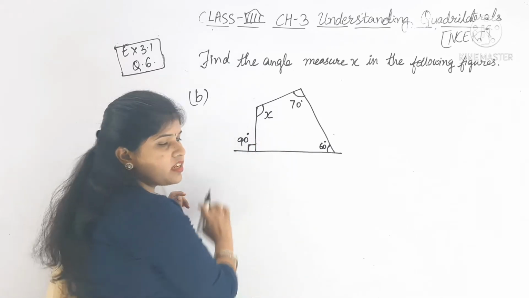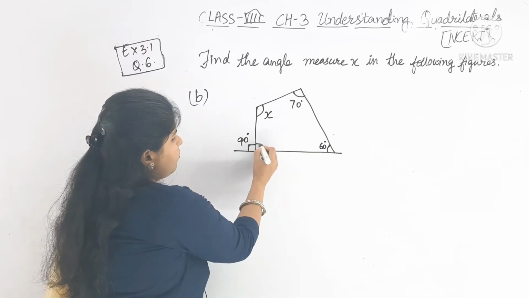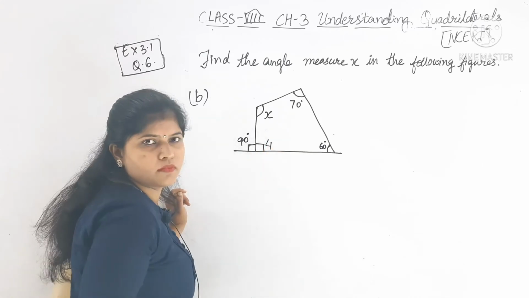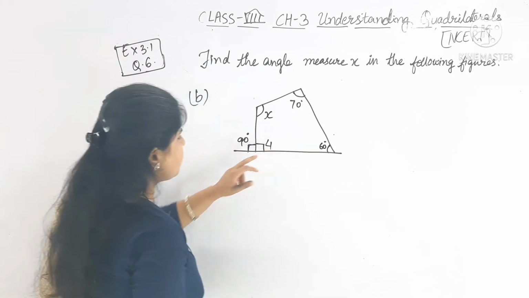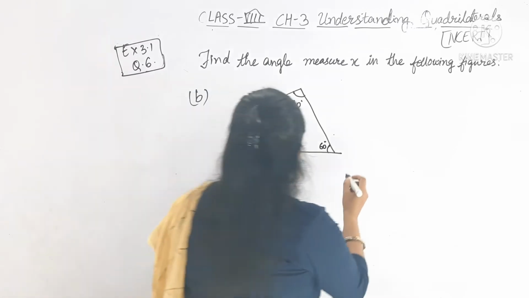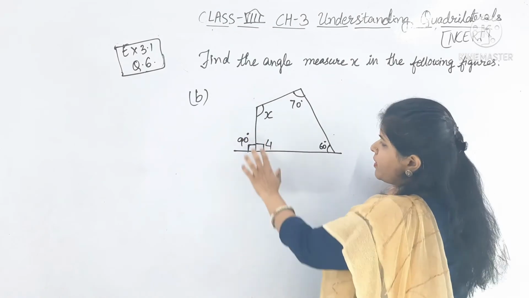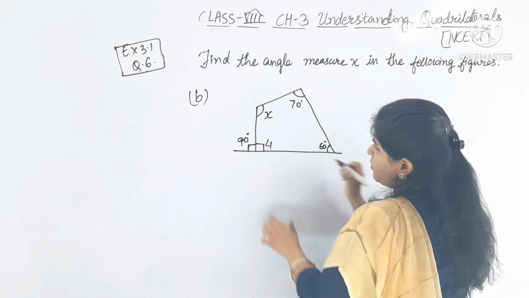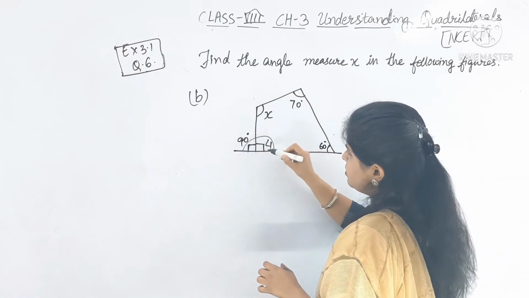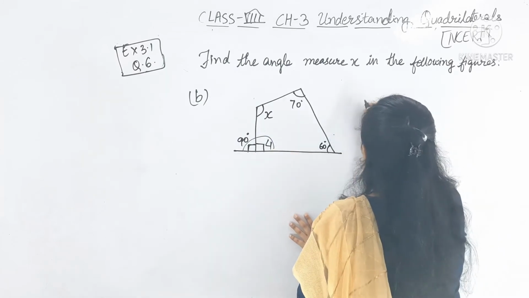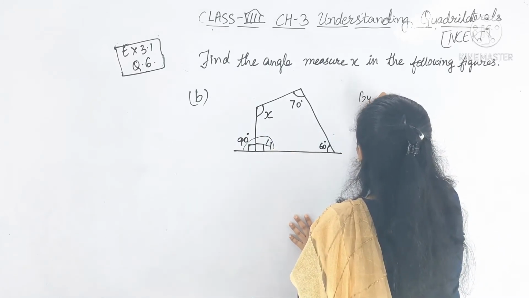This exterior angle is given, so I can write this as angle 1. Okay, so we have to first measure this one. This is a linear pair. You can see this is a perpendicular bisector, which means this is a linear pair. It is like this. This is a linear pair. Okay, so by linear pair,